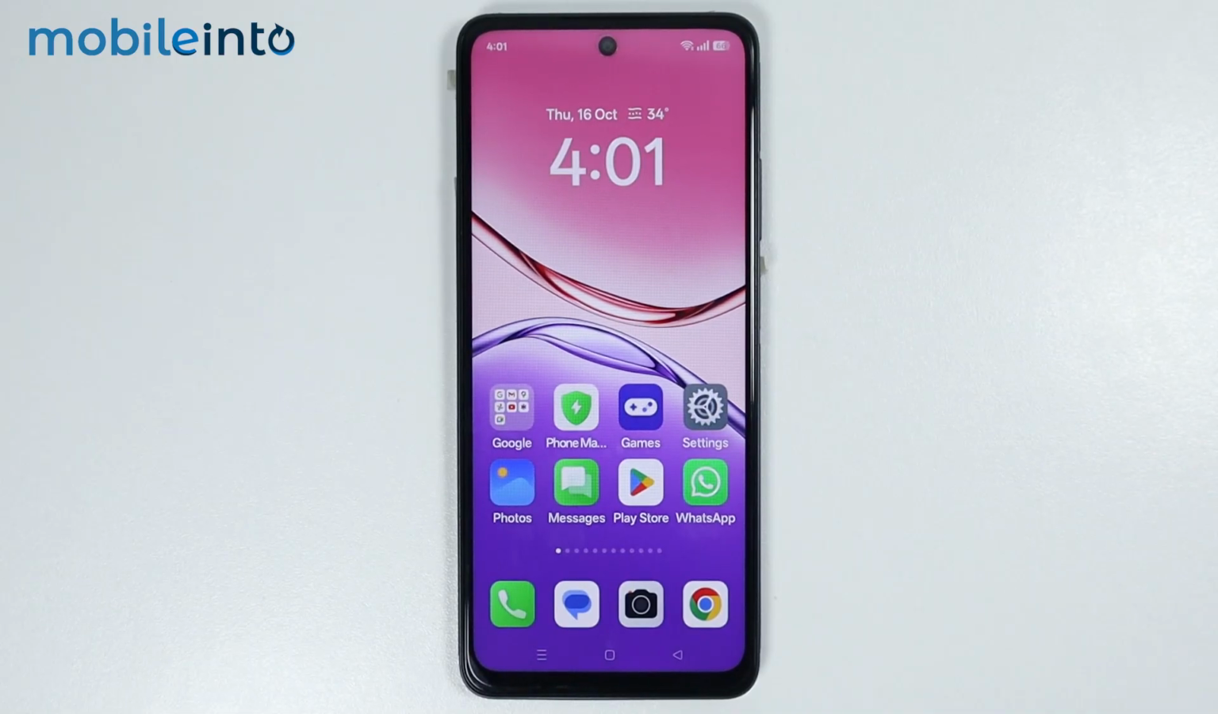Hey, what's up guys? So in this video, we will see how to set custom message ringtone on any Oppo